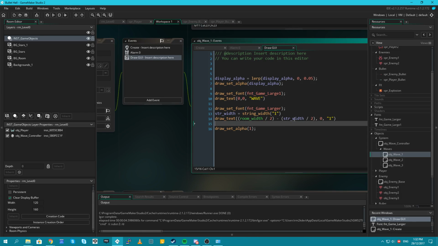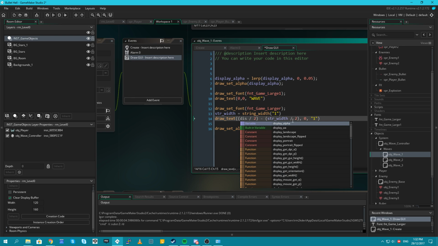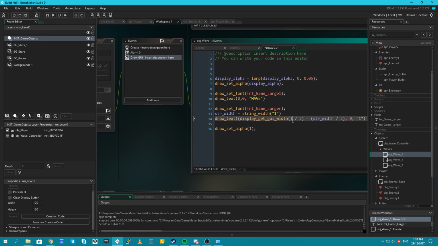Hang on a minute. That wasn't in the center of the screen. Is it room width, then? Or is it window width? Get window... Oh. Display... I can't remember the function. Display get width. Let's try that.